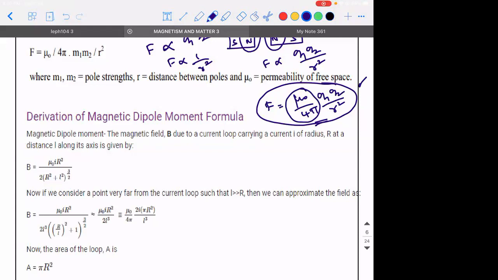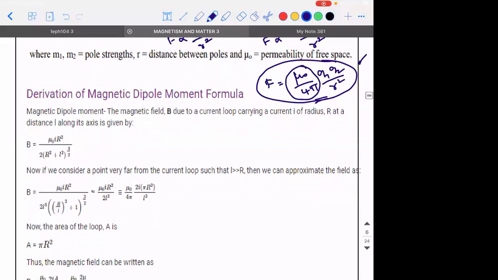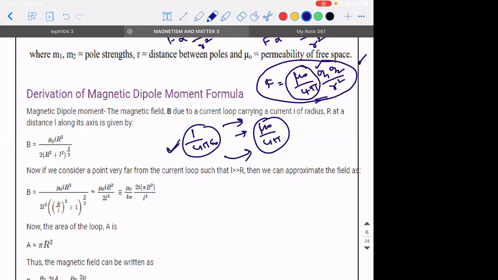Yes. You're able to understand. So why I said it is similar is because what did you replace charge with in the case of magnetism? You replace it with pole strength. Is it not looking similar to the formula that you have learned there? And 1 by 4 pi epsilon naught got replaced with mu naught by 4 pi. Everywhere, this is the conversion that will take place. So if you remember the formula from electrostatics, you can easily remember the formula in magnetism. That is what I'm trying to say. Okay? Anyway, understand the similarity as I keep progressing.